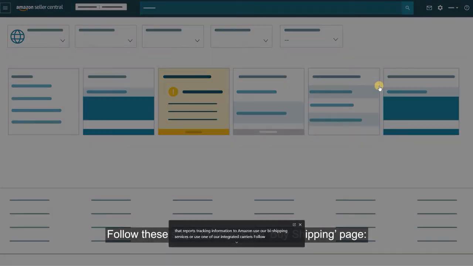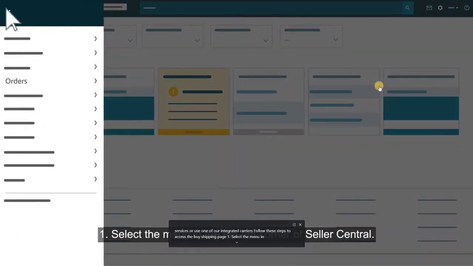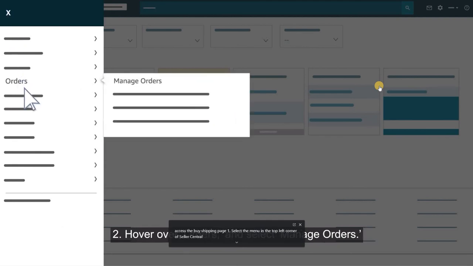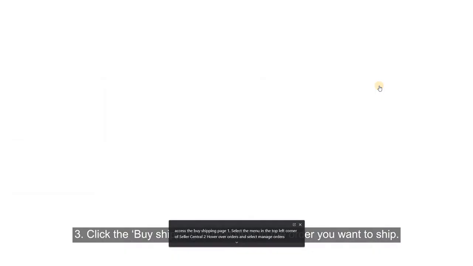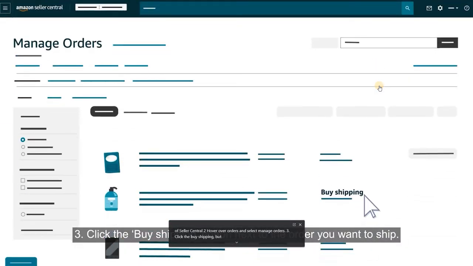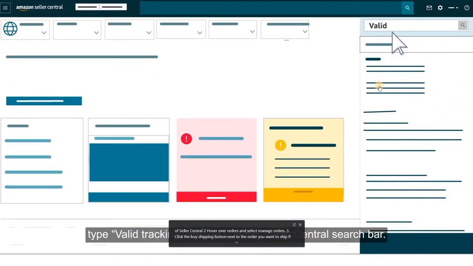Follow these steps to access the Buy Shipping page. 1. Select the menu in the top left corner of Seller Central. 2. Hover over orders and select Manage Orders. 3. Click the Buy Shipping button next to the order you want to ship. If you'd like to find a list of our integrated carriers, type Valid Tracking Rate FAQ in the Seller Central